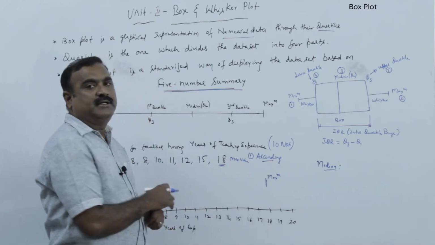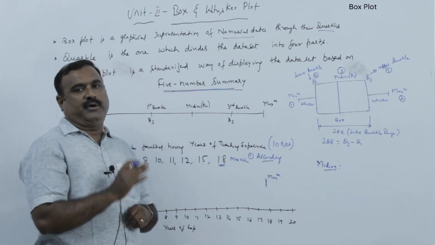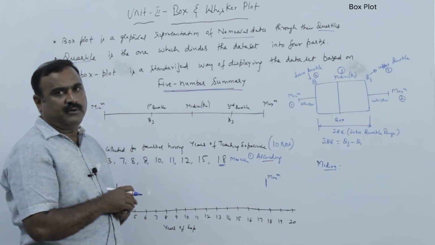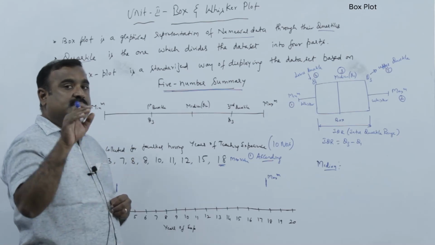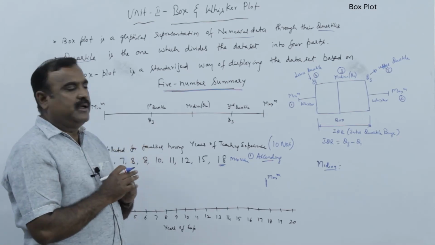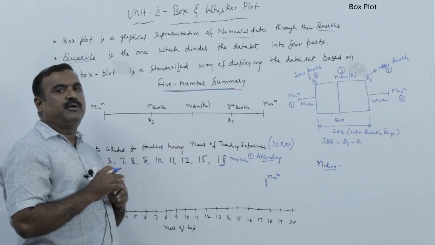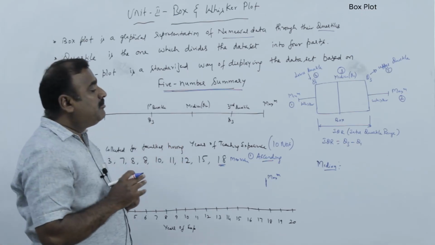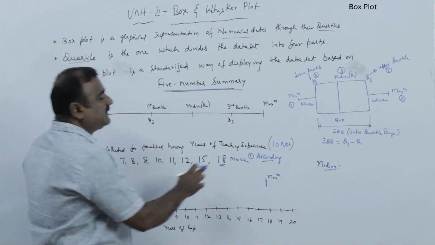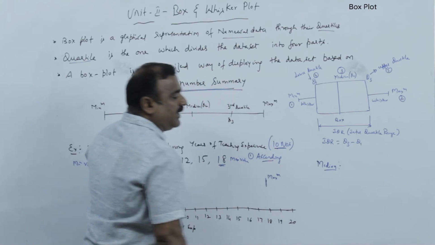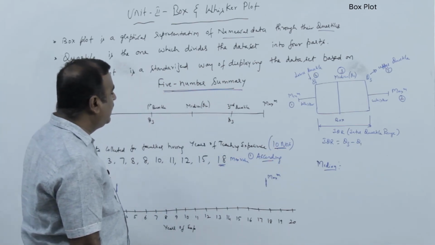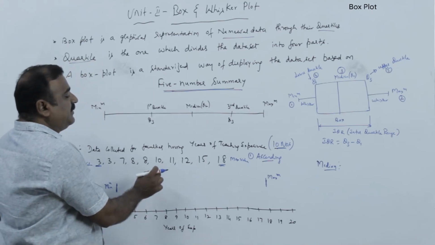For the time being I will explain the median of this data. Median is nothing but the central point of that data. We have to find the central point of this data. One way is to find the mean: we take the average, dividing by the number of things. But for the median, here if you see, the data has 10 numbers. It is even data. So if you see the middle numbers,